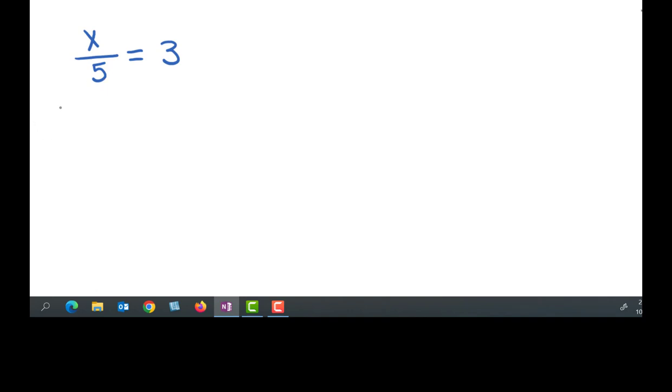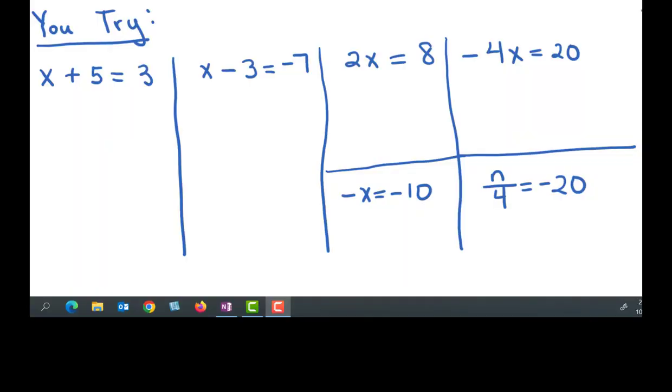And so I'm just going to do it right here on the problem. So I'm going to multiply by 5. Over here, I'm also going to multiply by 5. And then I'll clean up. This 5 will cancel. That was our plan. So x equals, and then you just do the multiplication on the other side. X equals 15. I want you to pause the video here and take a minute and try these 6 problems